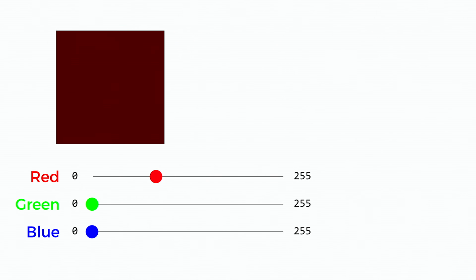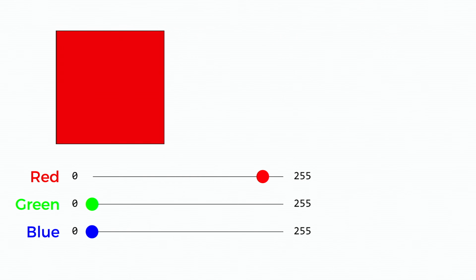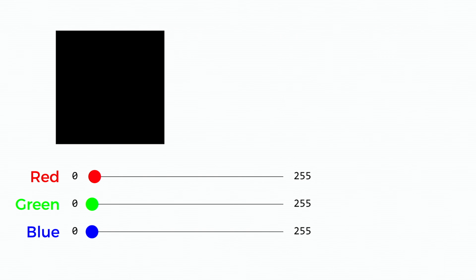If we set the red value to a small value, you'll see that we have a little bit of red in the pixel. A higher red value means more red in the pixel. And 255 means we have as much red as we possibly can in this particular pixel. We set it back to 0, and the pixel goes back to black. Why is it that each channel value goes from 0 to 255?